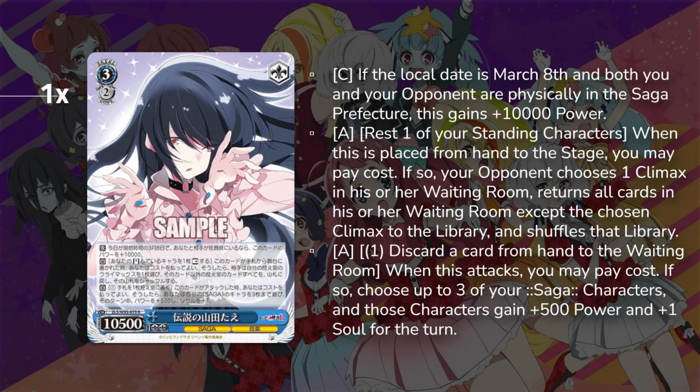This is your main decompression tool. Zombieland doesn't really have access to stock swap. I don't think they have access to stock swap at all, actually. They don't have stock swap, no. Yeah, so this is your main decompression tool. So you're going to see this in basically every Zombieland deck, and this deck is no exception. You got to have